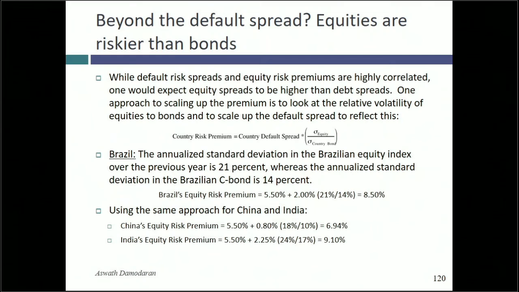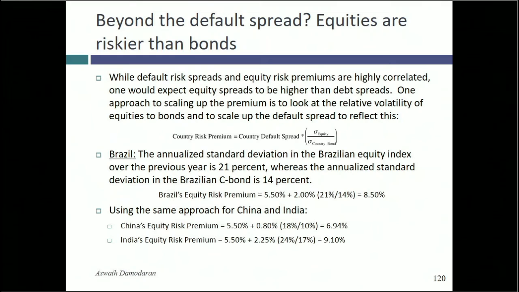It looks like equities are about 1.5 times more risky than bonds. Let's set up an algebra problem. You bought the government bond. The spread you charged was 2%. So that's what you would have charged to buy the bond. Equities are 1.5 times more risky. So I would assume you would charge 3% for equities because I know we're trusting these standard deviations to be